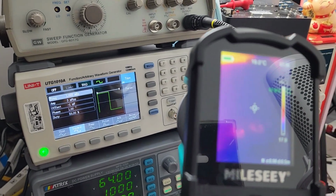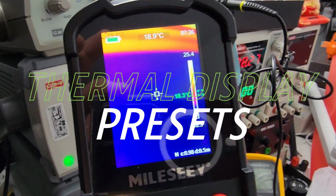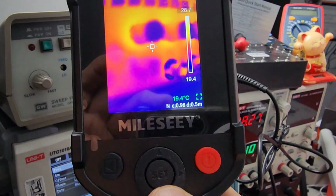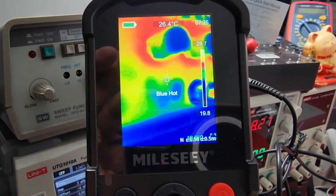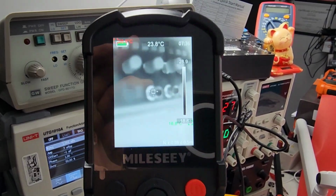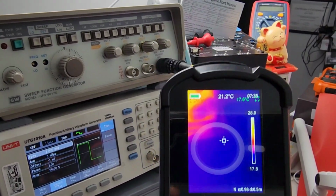I'm going to go through some of the different color palettes, and you can easily change the display imaging just by holding down on that scroll wheel, and you'll see what I mean. So here we go, changing the different presets on the fly. You don't have to go into any submenu. You can do it as you're looking at your subject. That's super handy. Multiple different display modes. I still prefer the original,